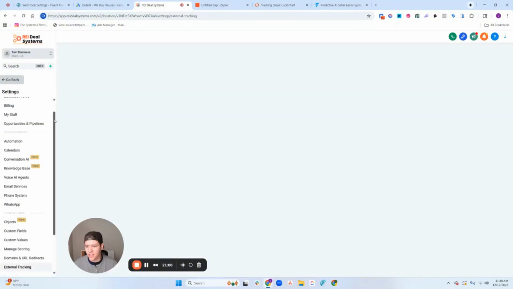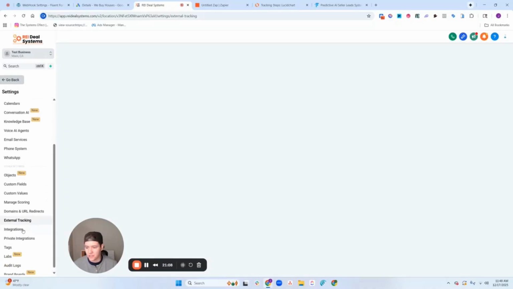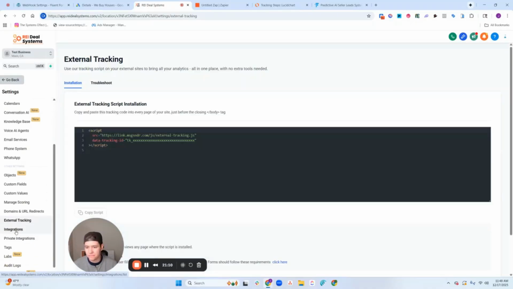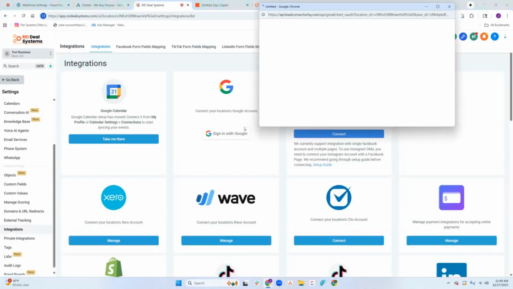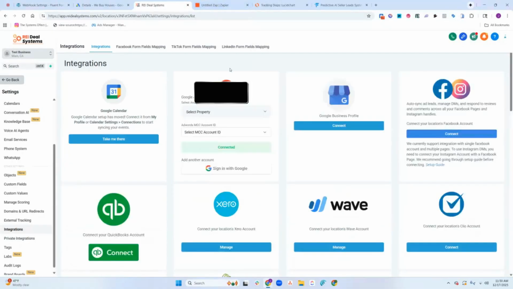And you're going to go ahead and click on integrations. All right, once we're here, we're going to click sign in with Google. Okay, so once you are signed into your ad account, all you have to do is go to where it says select